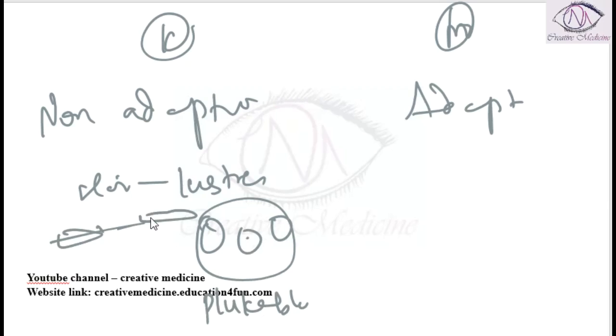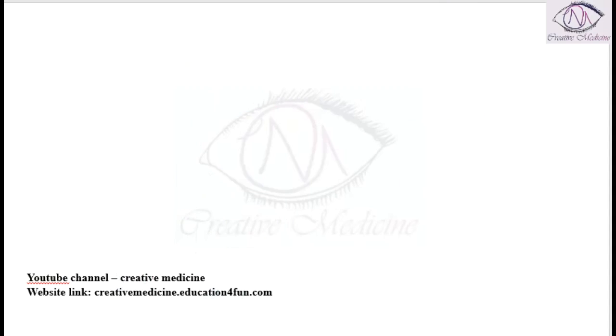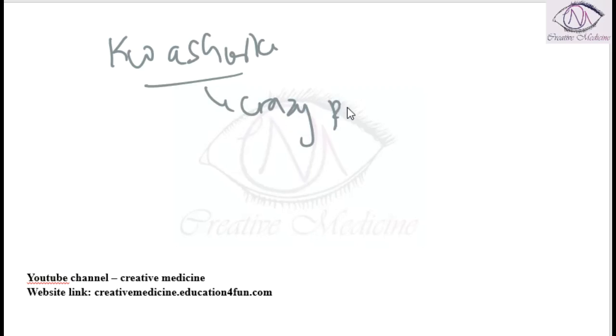In Kwashiorkor, the skin signs include crazy pavement dermatosis and flaky paint dermatosis. So in Kwashiorkor, we have skin signs like crazy pavement dermatosis